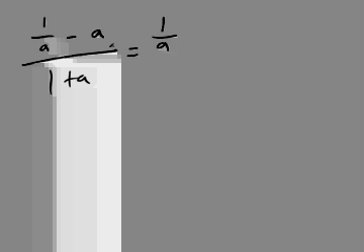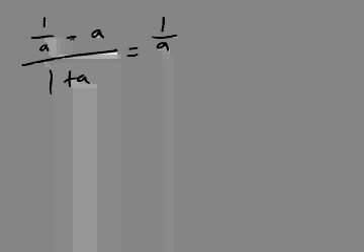Simplification of the complex fraction 1 divided by a minus a, all over 1 plus a. We can rewrite 1 over a as, well, actually we don't need to rewrite that one. It already has the denominator. We're going to change the second value to match. 1 over a we'll simply write down, minus a times a over a, all divided by 1 plus a. We multiply a by a over a so that it'll have a common denominator with the other value, and we're left with 1 over a minus a squared over a, all divided by 1 plus a,